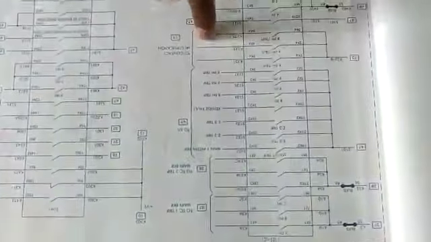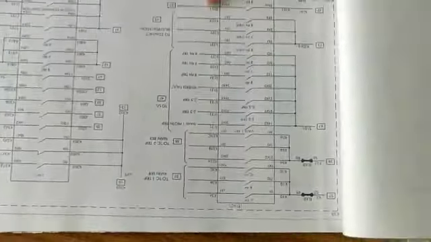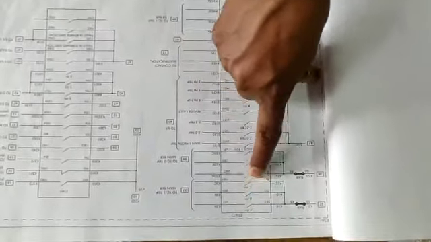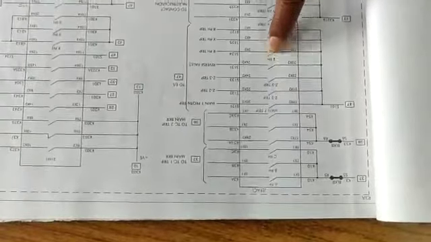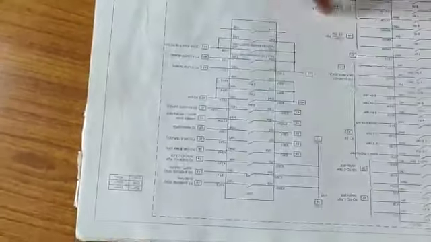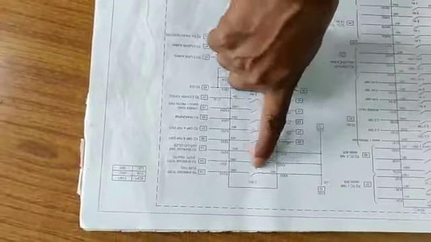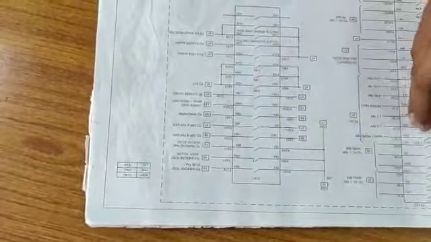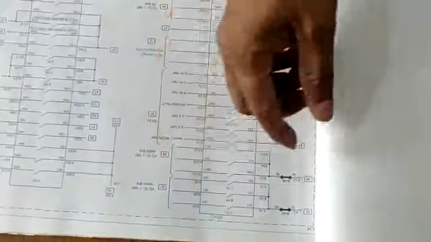Now look at this again. This is a large rectangle in which there are some contacts. All these contacts are NO type contacts. NO means normally open type contacts. Similarly, if you look at this side, all but one are NO contacts, and one is an NC contact. Now there are some wires.